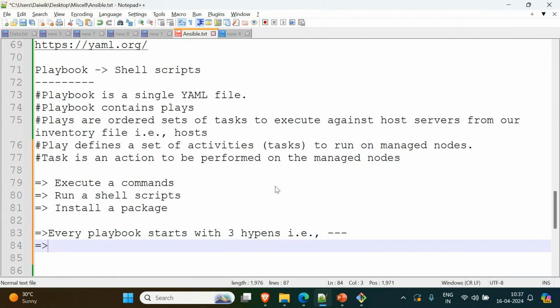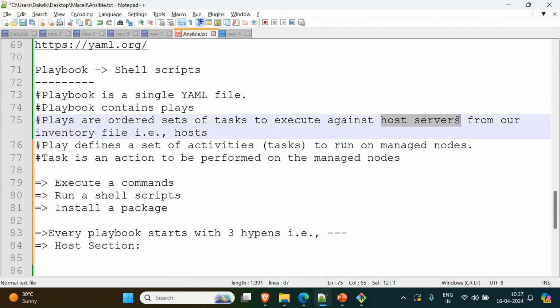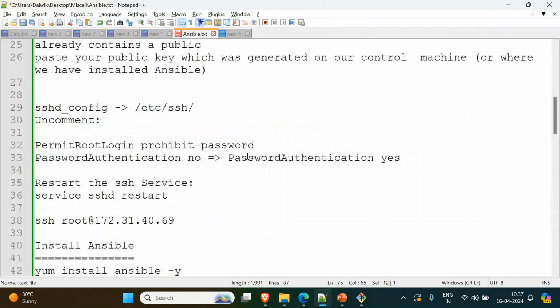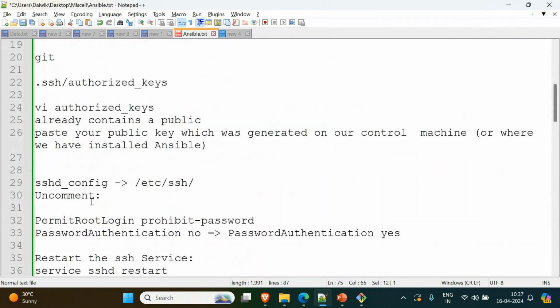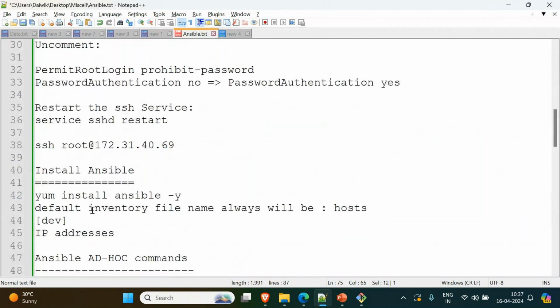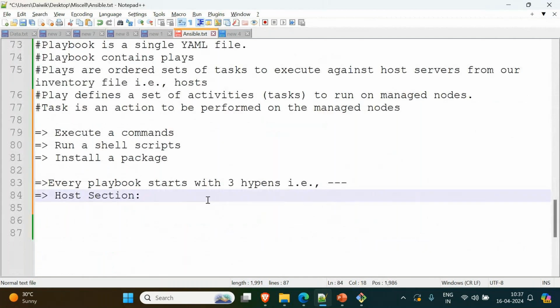The first section is the host section. In this host section we have to mention our host server details. Suppose I'm using the dev section, for example. This dev section I have to mention in my host section, something like hosts equal to dev. That way I have to mention it. We'll see that. So the host section defines the target machines